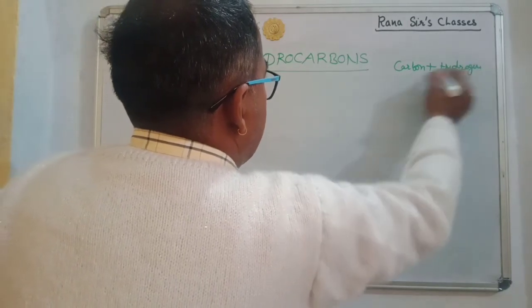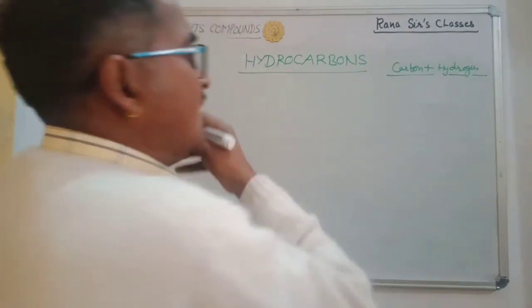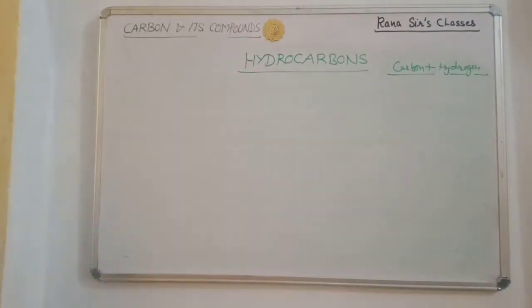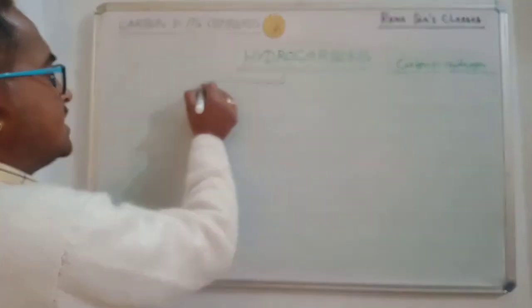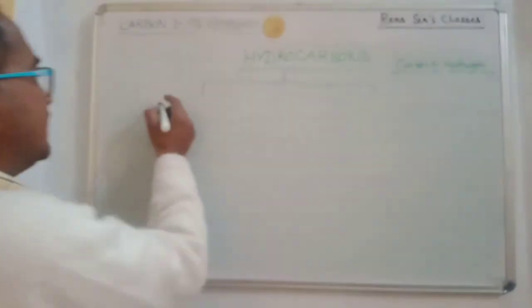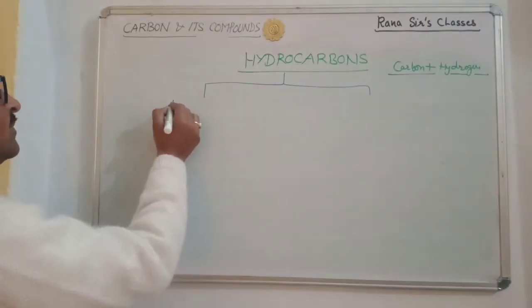They are called hydrocarbons. Now they are divided into various categories, and the most important categorization is they are aliphatic,